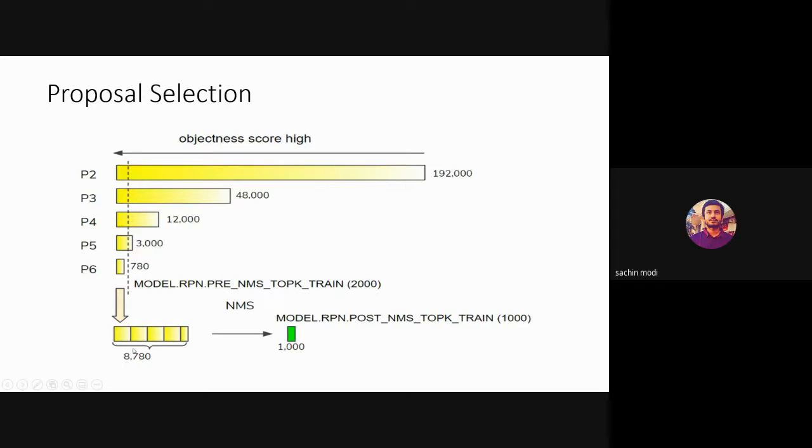Then we get this set, and using non-maximum suppression, we filter out 1,000 boxes. And then these 1,000 boxes are further sent to the ROI heads.